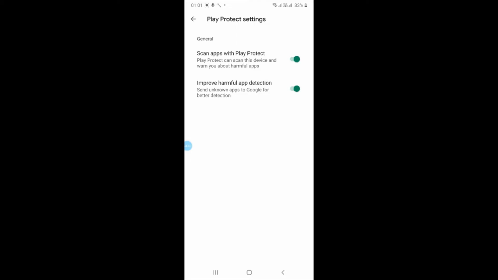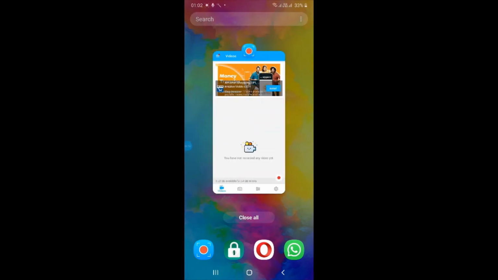This is basically used if you choose to install apps from unknown sources outside of the Google Play Store. Turning on the improve harmful app detection setting will allow Google Play Protect to send unknown apps to Google to protect you from harmful apps. So make sure that both options are enabled. Do not disable them at any cost. So let me close it.